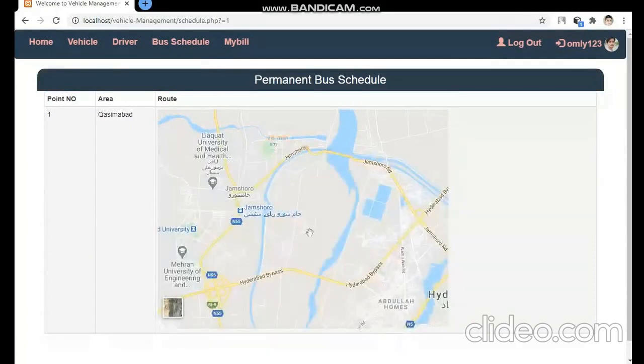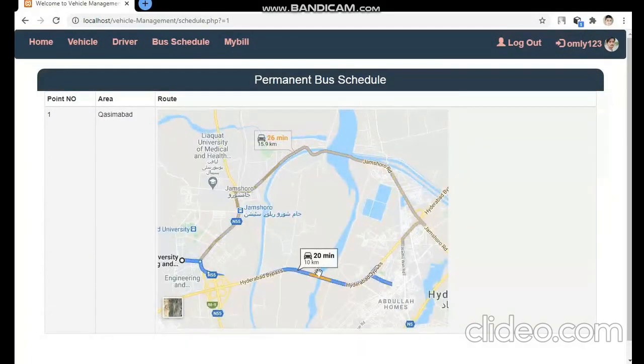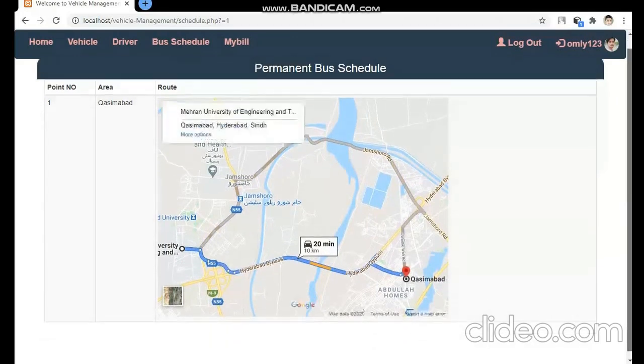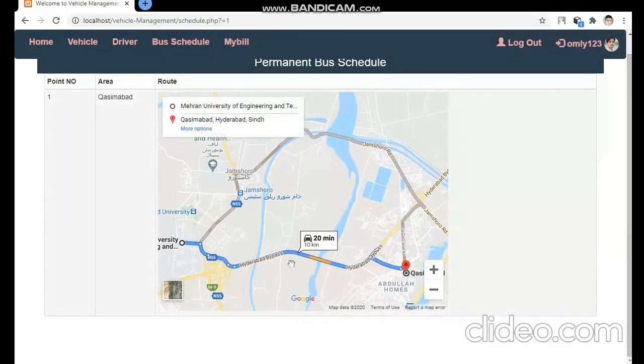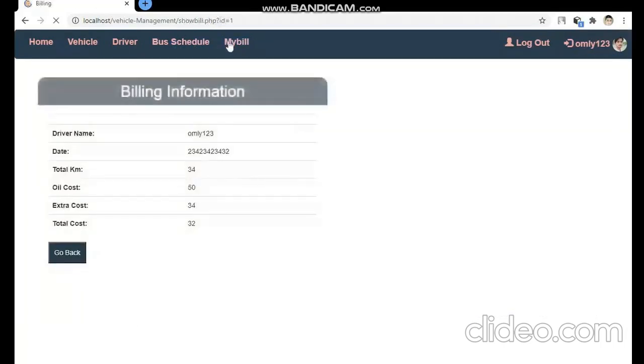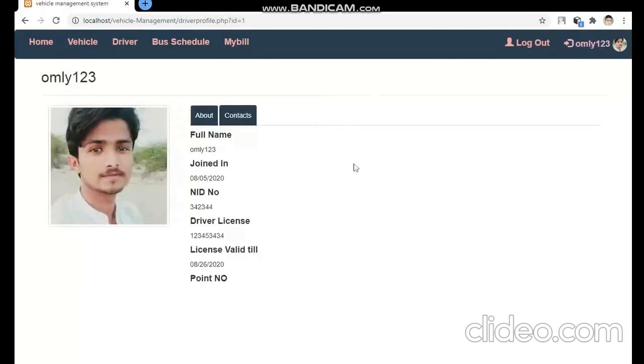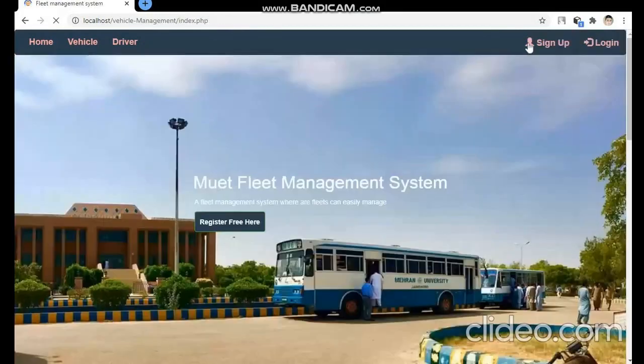You can see the Google map and the particular route for assigning, and we also track the point or location for buses. You can see my bill, and the user sees their particular record. You can see the driver info here, and then log out.